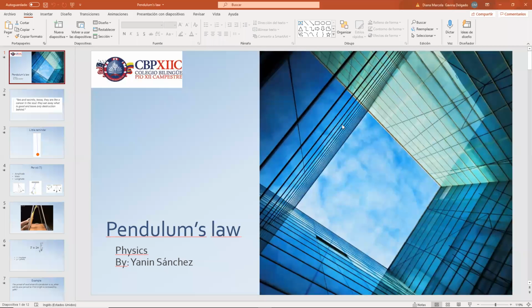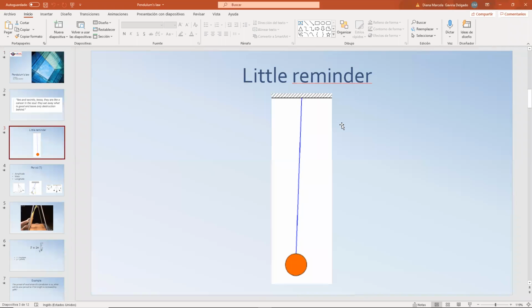Okay, guys, this is going to be the topic for our class today. We are going to see the pendulum's law. So this is a little reminder of what a pendulum is. This is a pendulum. This topic is still a part of the topic of simple harmonic motion. It's still the same, but we are going to study the pendulum from another point of